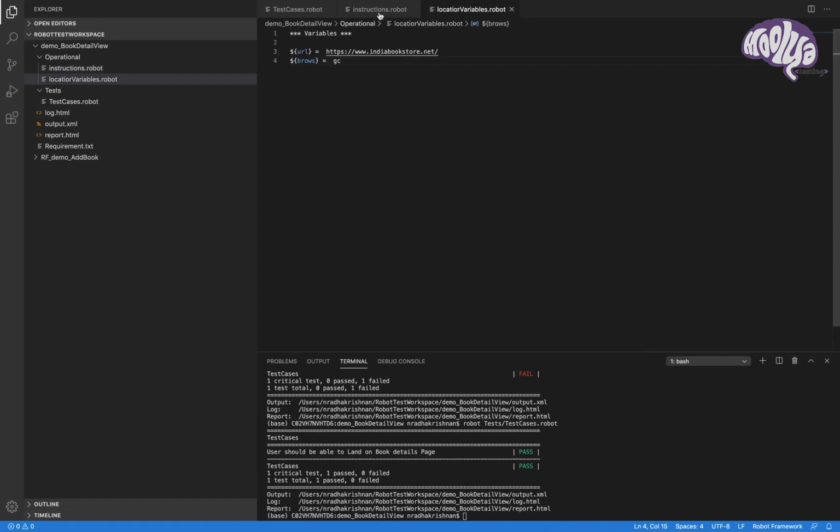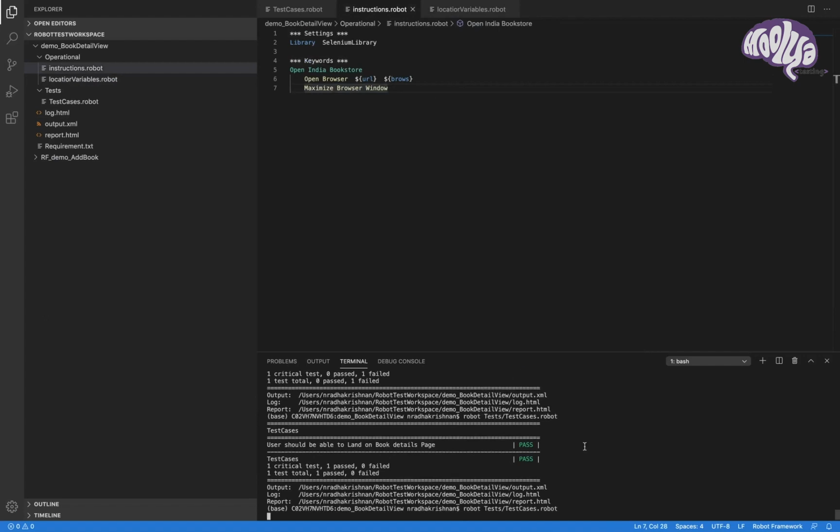So let's use these variables here. Under browser, double space, give your first variable URL, and then the next variable browser. Let's see if this runs. It failed.